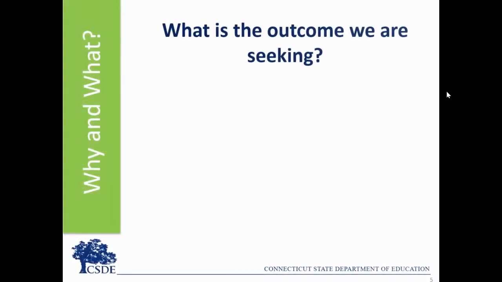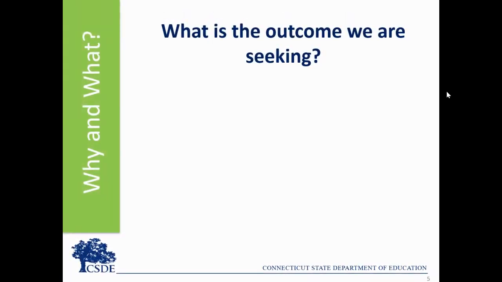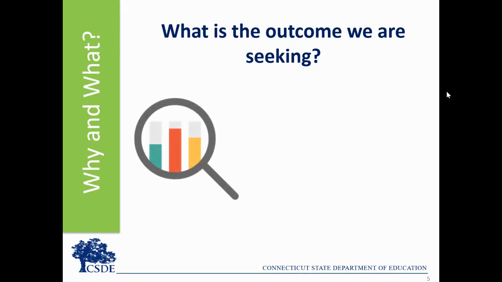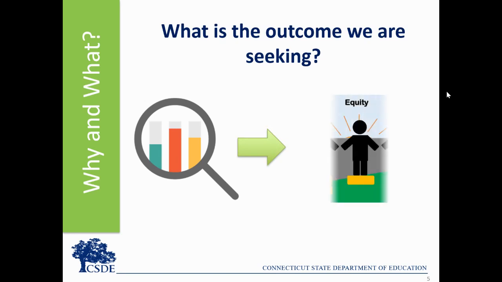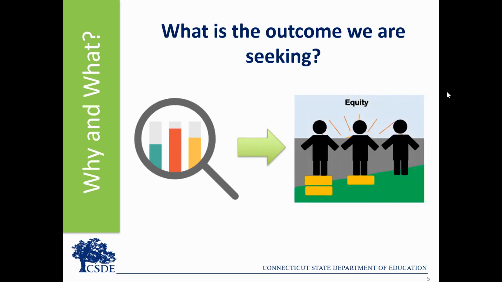Schools and districts engage in strategic planning and school improvement planning to positively impact student outcomes. Analyzing the evidence provides the team with understanding of the data and information and provides insight to inform the plan for change. This understanding can pave the way for decisions that focus on equity and success for all.